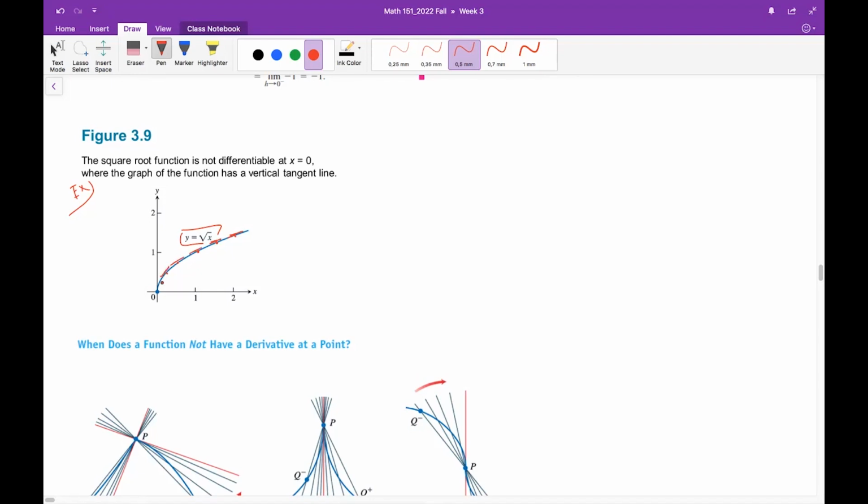You see, the tangent lines are becoming more and more vertical as I move them towards the point 0. And at the origin, the tangent line becomes a vertical line. So this function has a vertical tangent